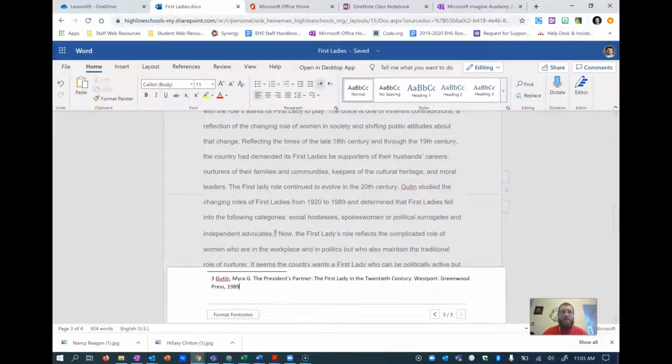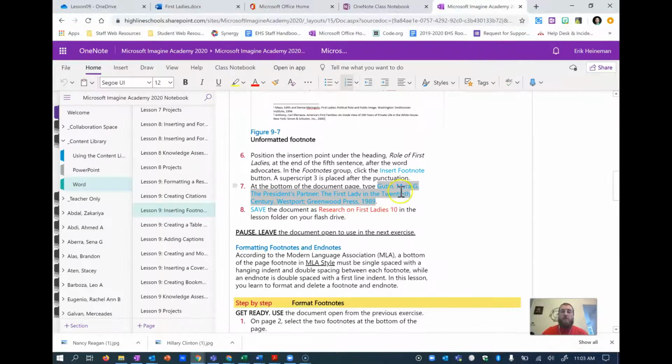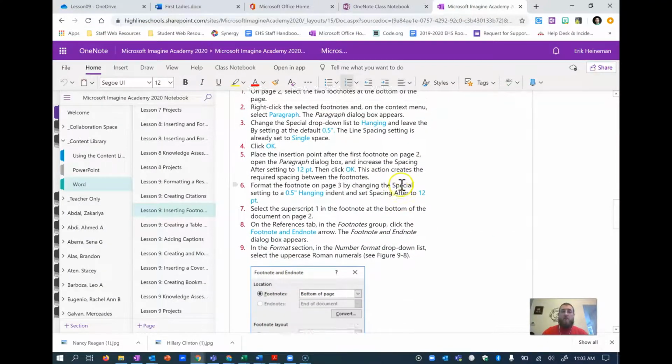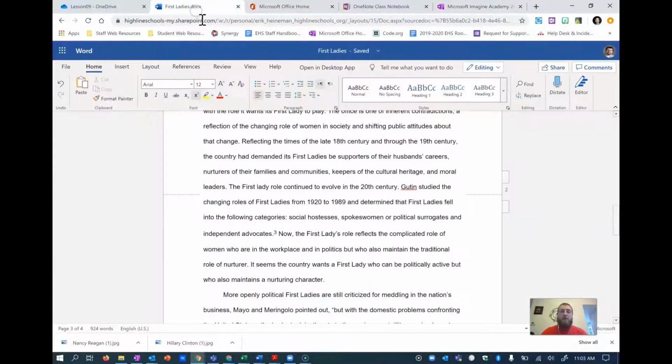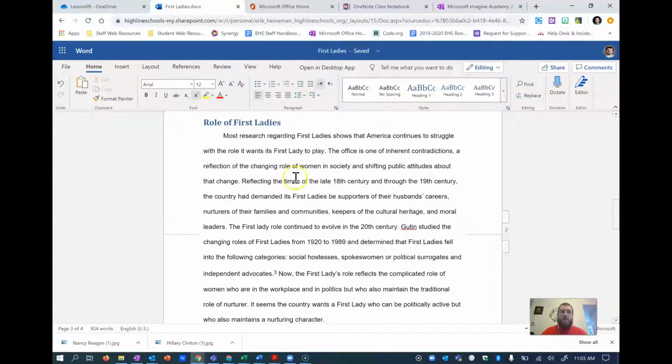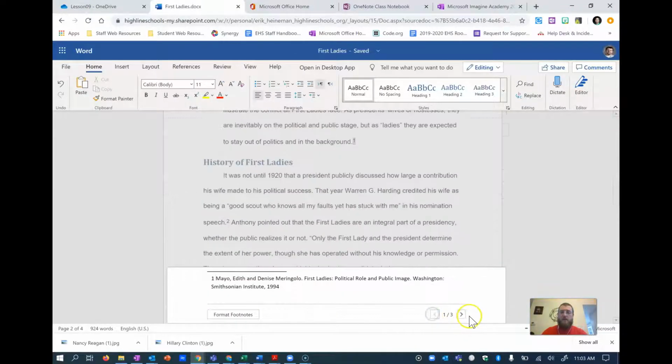Okay. So now, as I said, we can format these footnotes. We can do actually quite a bit of formatting with footnotes, I should say. So if I go to the first ladies.doc and click on the number, it'll open up the footnotes automatically, and I can scroll between them. We're going to start with the first footnote,